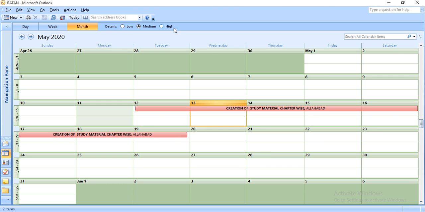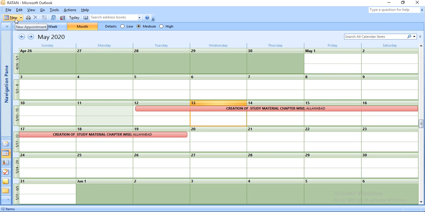Then there is a facility of low, medium or high type of calendar, which I will tell you later, because for that you have to make an address book or contact from which you can send the information.